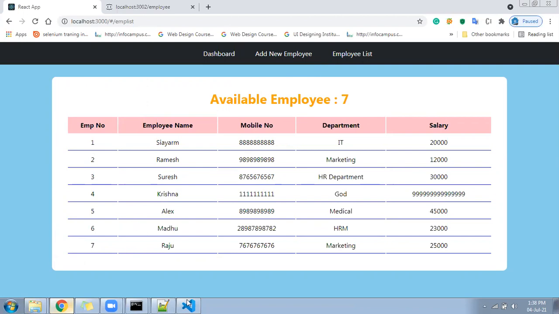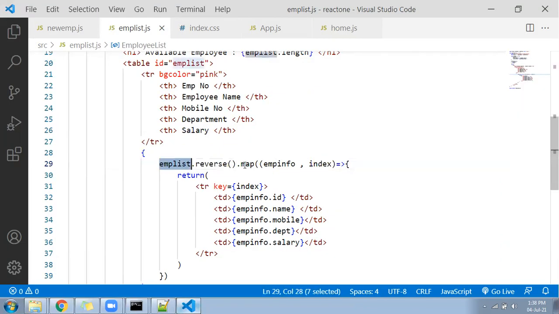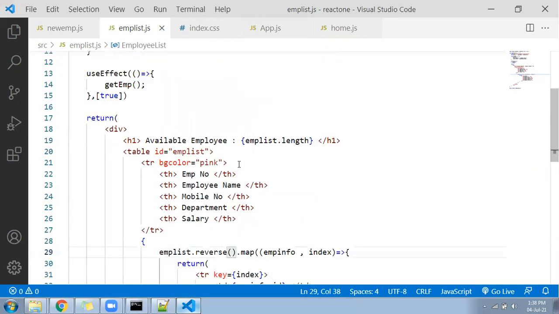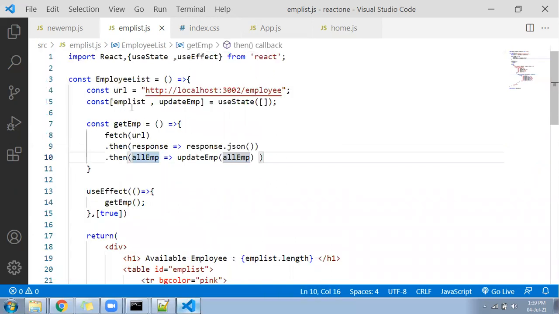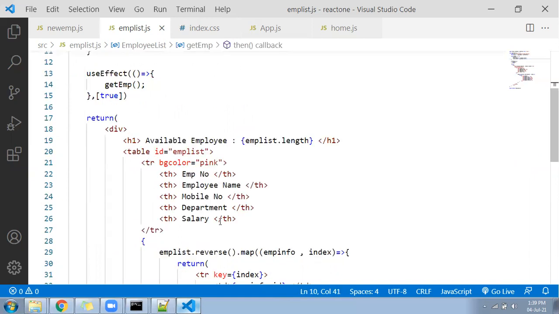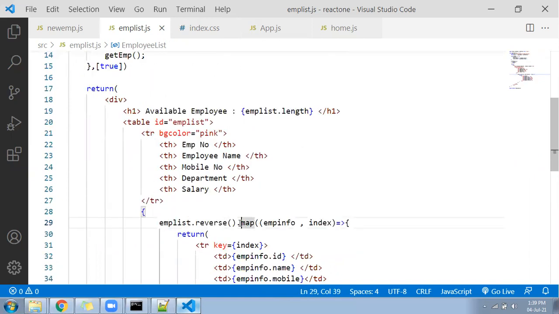Emp list dot reverse dot map, reverse. I have read the data here, emp list. Okay, I think you can't reverse it. So what can you do here? Dot reverse, you need to apply here only. Hold on, reverse is not working here.